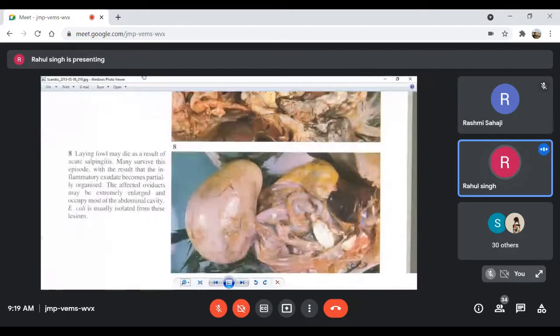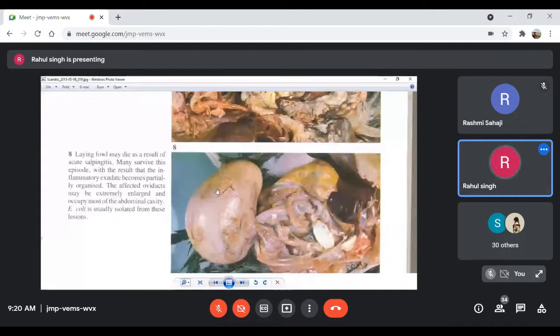Then this is the egg bound condition. You see here, this is the liver, very dark colored, tanned liver, tanning of liver, congested liver. And these are the gizzard and intestines present here. This is a small heart. You can see the heart is also here. Heart, liver, the gizzard, and the proventriculus must be hidden somewhere, and intestines are present. You see this enlarged structure. This is part of the oviduct.